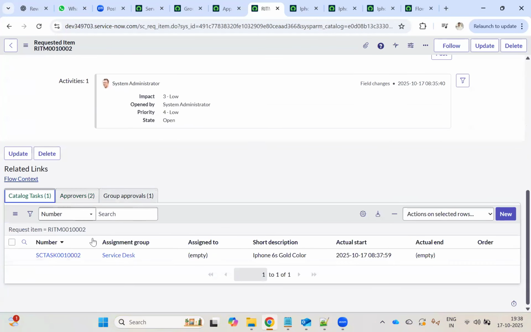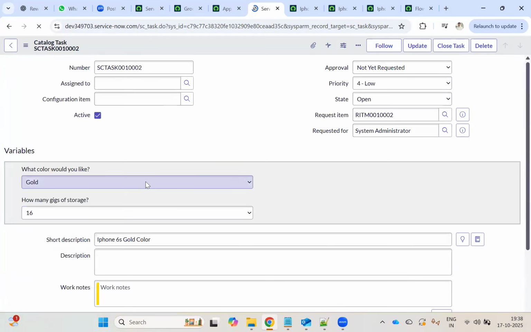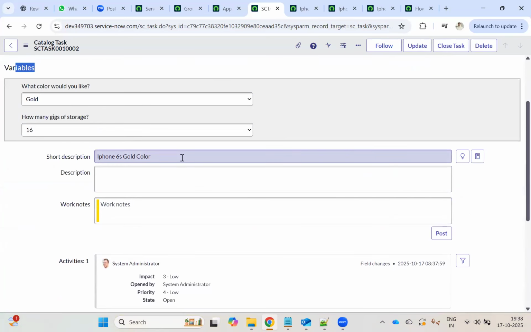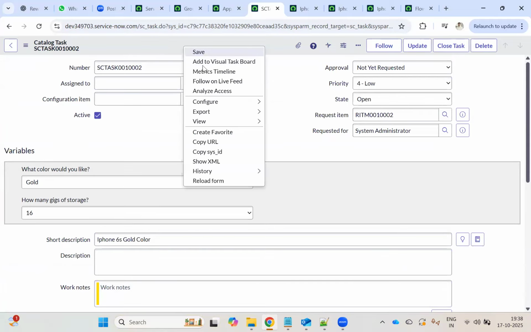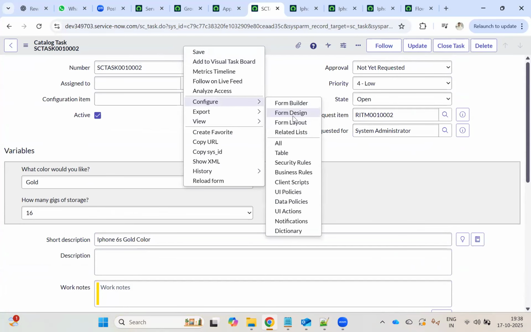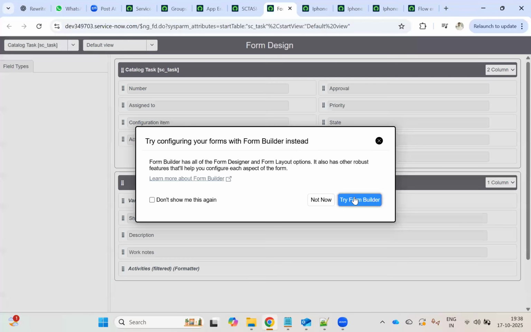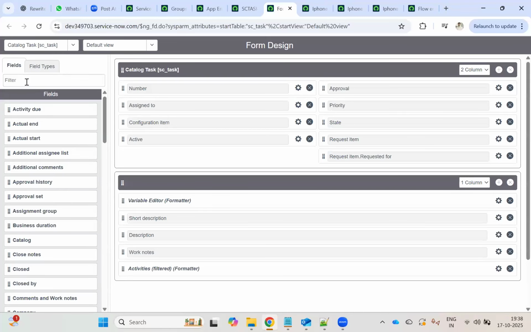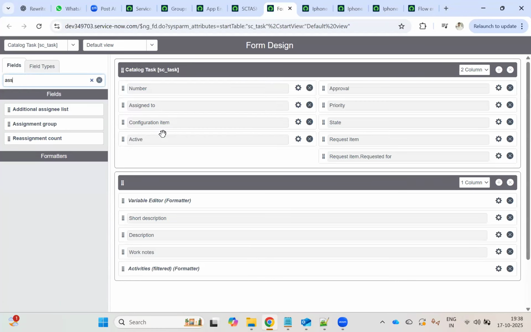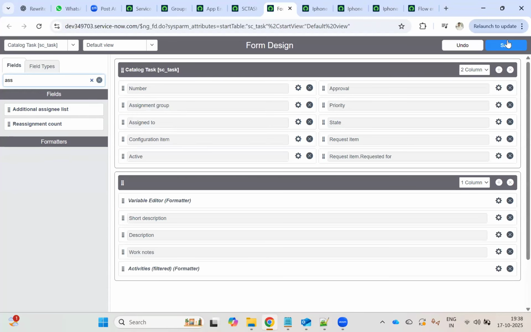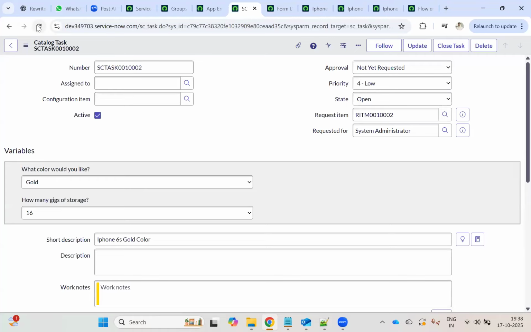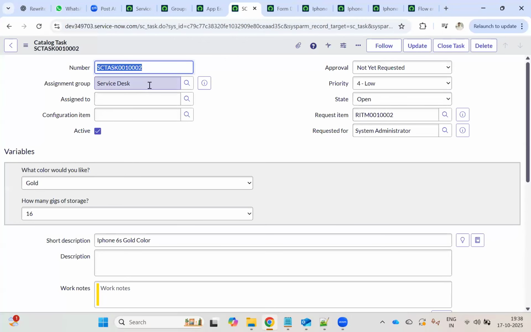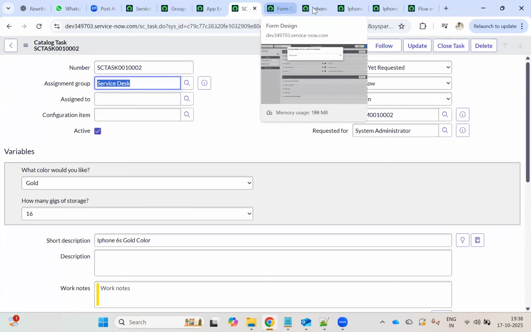Once it's approved, we got a task also. If you see here, your variables are here, your short description is here, but we are not getting the assignment group, correct? Form design, we need to bring the assignment group here. Not now. The assignment group should be on top. So it went to the service desk ticket. If you see now,